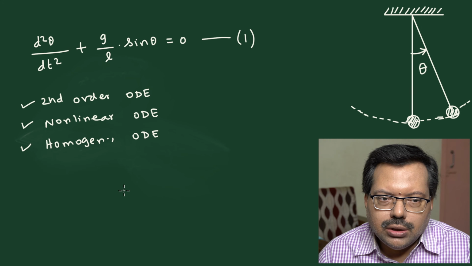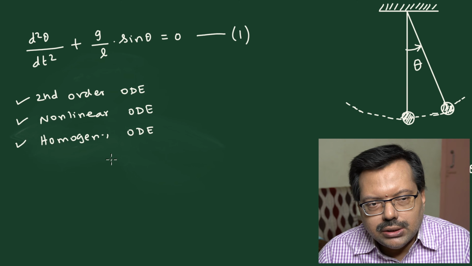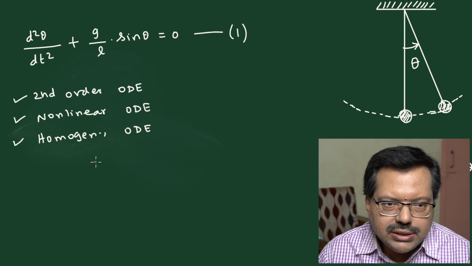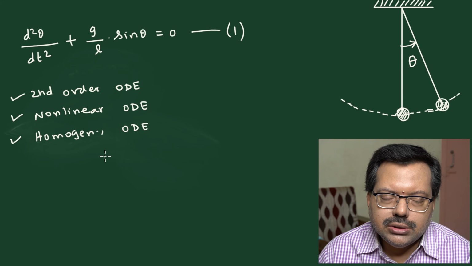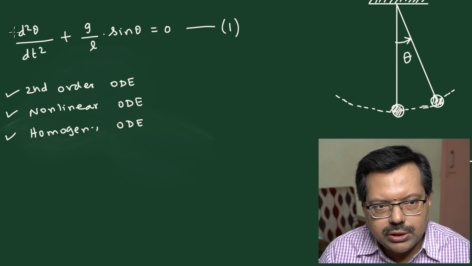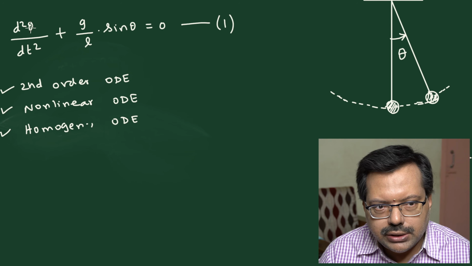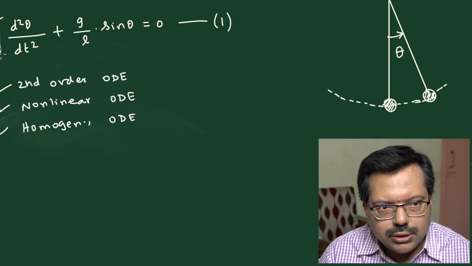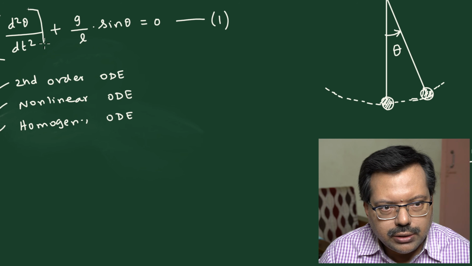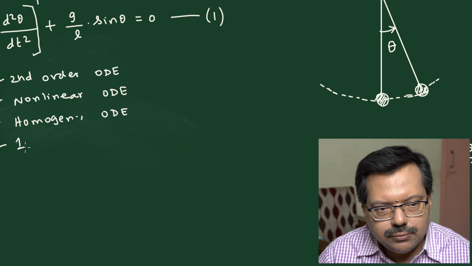You need to know only the order. Order is actually the derivative. Okay, what is the highest derivative that you have? It's second order. In fact, there is something called the degree of a differential equation that is generally not important. The degree of the differential equation is the power of the highest order derivative. So where is the highest order? This is the highest order. So what is the power? That is 1 here. So to the power 1 is there. So therefore, this is a first degree equation.